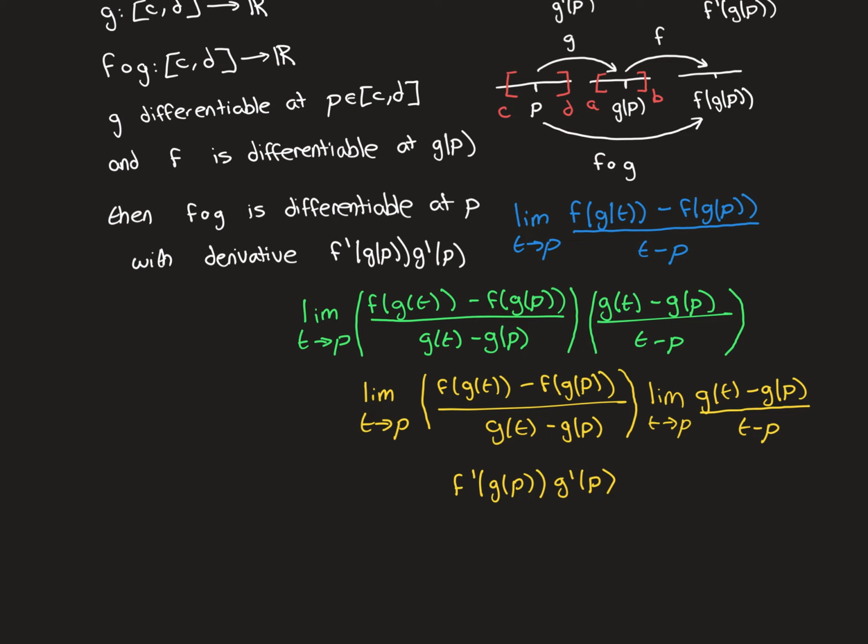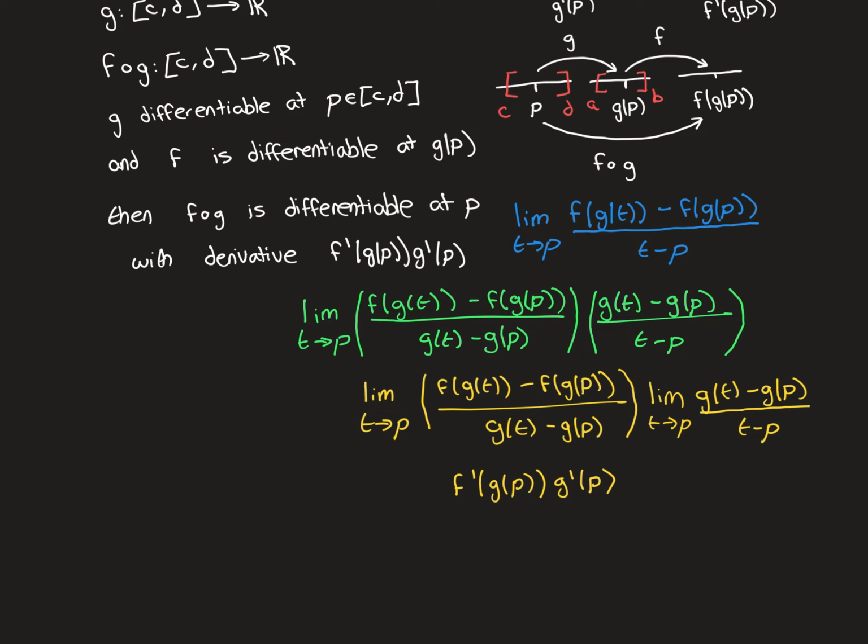Now this one's a little bit more difficult, but if we were a calculus textbook, we wouldn't look at it too deeply, and our argument would go something like this. We know the function g is continuous at the point p because it's differentiable at the point p, and differentiability implies continuity. Therefore, as t approaches p, g of t here is going to get closer and closer to g